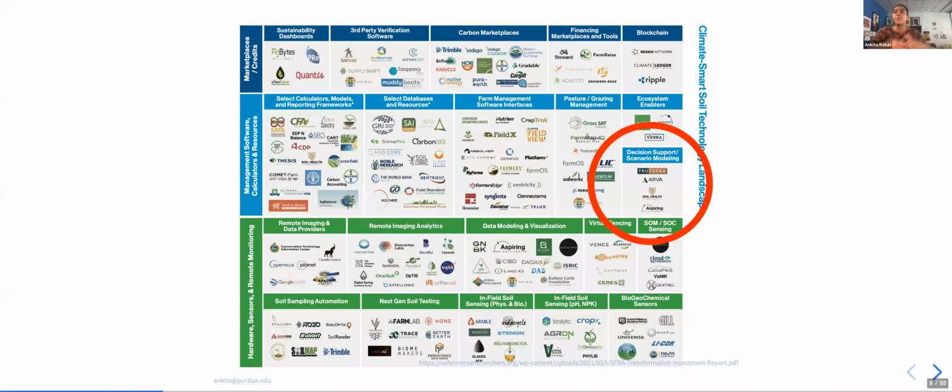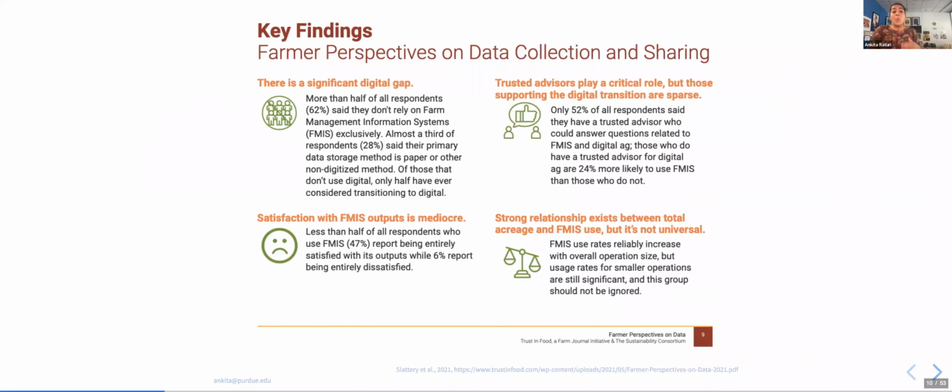And if you zoom in a little bit more, inside that little red circle that you see there, that's kind of where my work fits in, right? That decision support space. But we know that there are significant challenges with respect to adoption and use of technology,